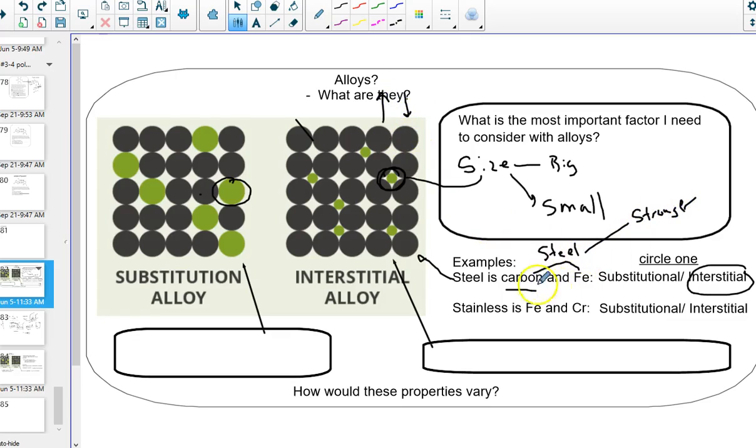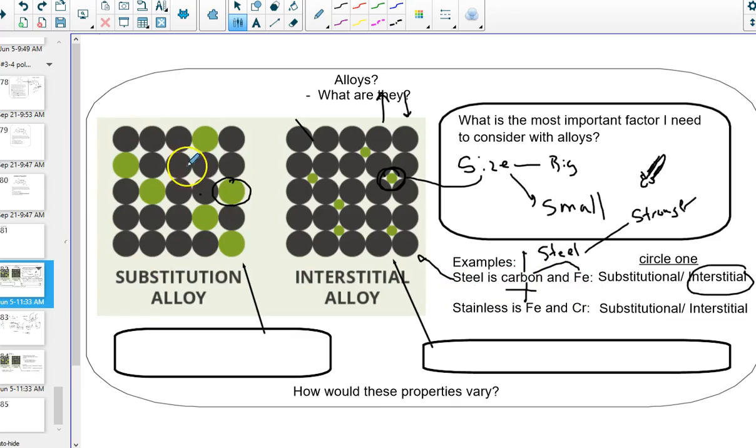Of course, the advent of steel is what really changed the course of history, to be able to make a sword. You can go and chop your neighbor down relatively easily. If you've got too much carbon, then it gets brittle. Too little carbon, and pure iron is relatively soft, and you're going to have a hard time keeping a nice sharp edge that could effectively chop something up, whether it be a tree or your neighbor. So being able to change this ratio really helps produce different types of steels.